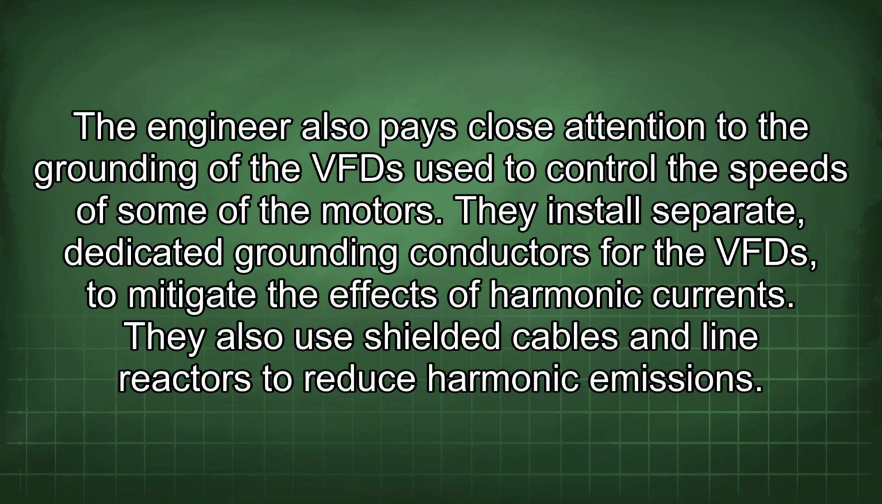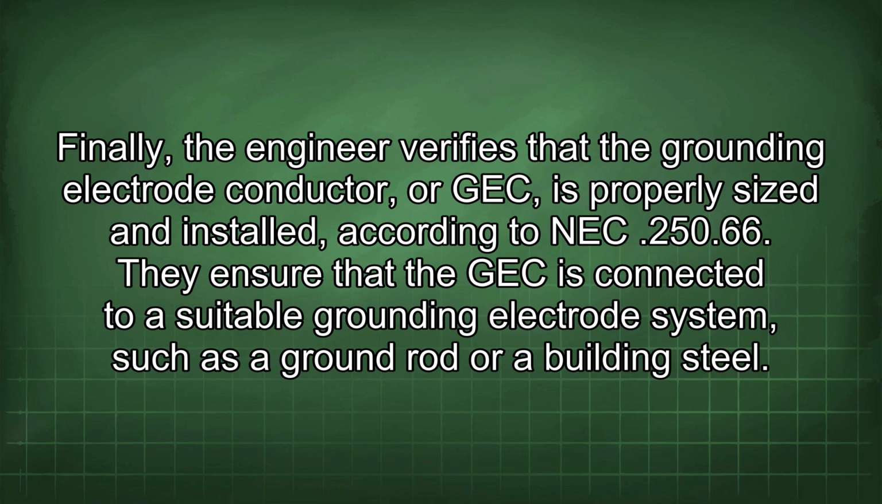The engineer also pays close attention to the grounding of the VFD used to control the speeds of some of the motors. They install separate, dedicated grounding conductors for the VFD to mitigate the effects of harmonic currents. They also use shielded cables and line reactors to reduce harmonic emissions. Finally, the engineer verifies that the grounding electrode conductor, or GEC, is properly sized and installed according to NEC 250.66. They ensure that the GEC is connected to a suitable grounding electrode system, such as a ground rod or